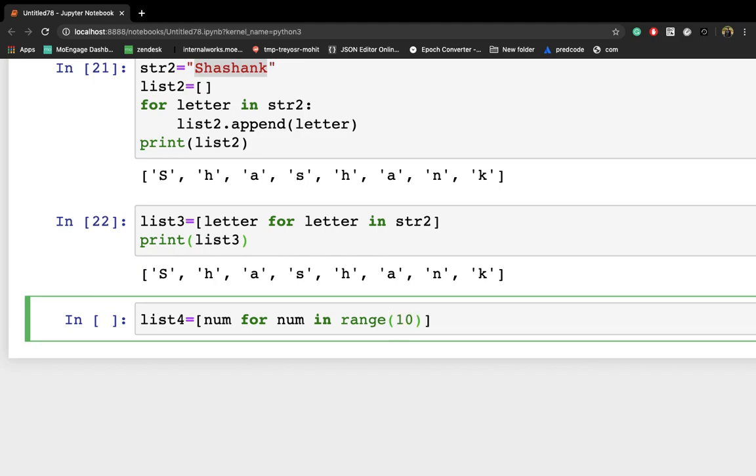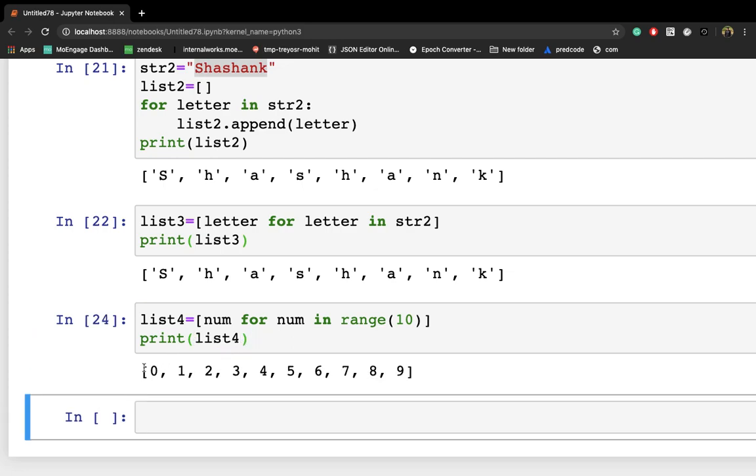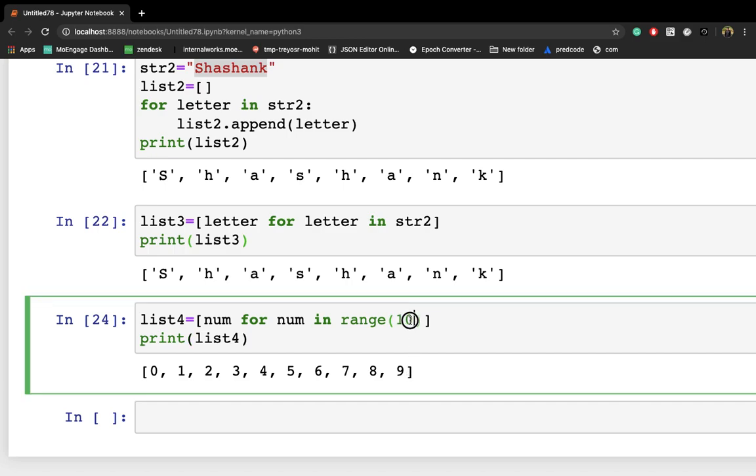So let me write 10 here, and if you print list4, right, you will get all the values from 0 to 9, because for the range function, if you put any number, it will return from 0 to n minus 1, right?